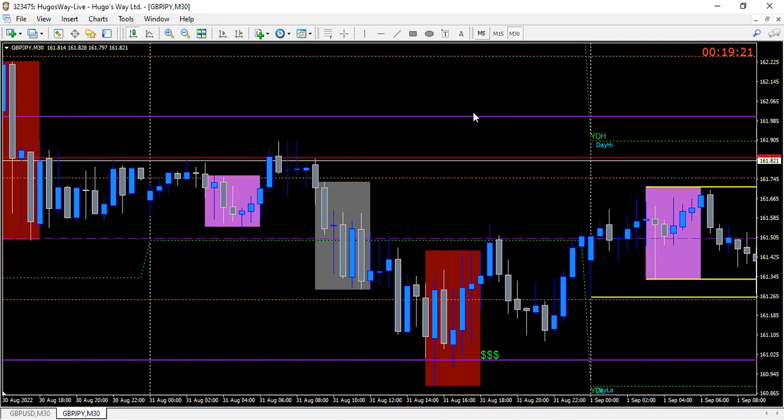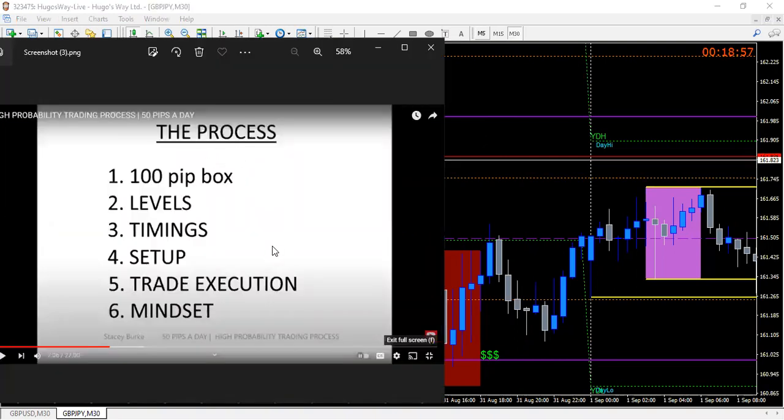Today's video, I want to reiterate this process again. Once again for you guys, I saw a video a couple days ago where Stacy was talking about the high probability trade setups and just going through the process again. So this is the process, you guys. As you can see, the process is: